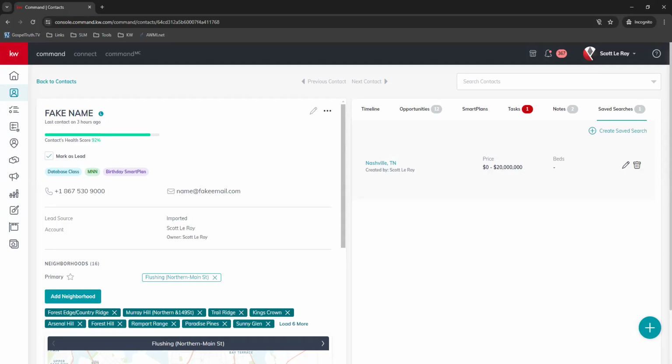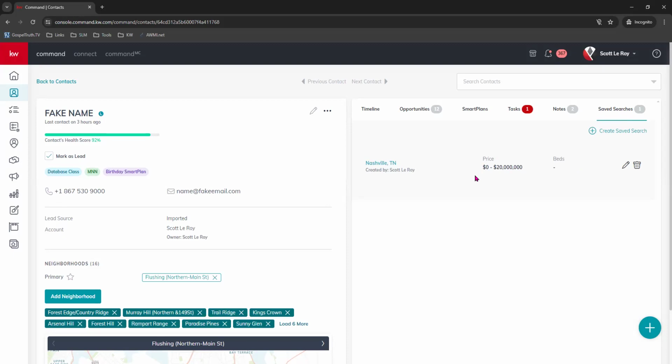All right, so that was our saved search. Last thing I want to show you guys how to do from the agent standpoint here within Command that affects that consumer mobile app is how to create those collections. Remember, we just did the saved search? It's based on criteria, and then it automatically updates based on what is on the market that meets that criteria, right? So the houses that come on and off the market will automatically update on this list